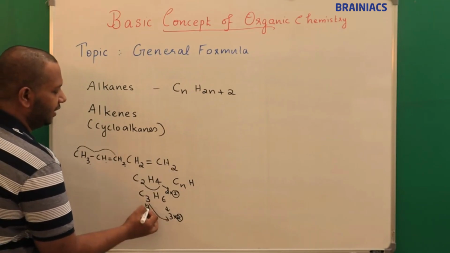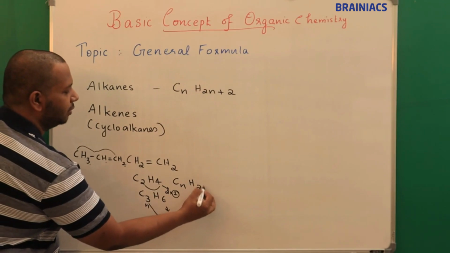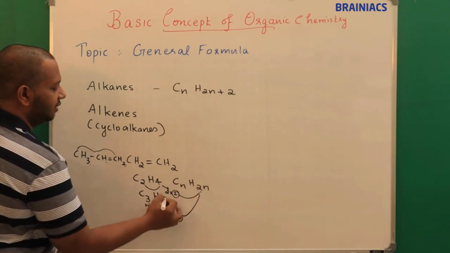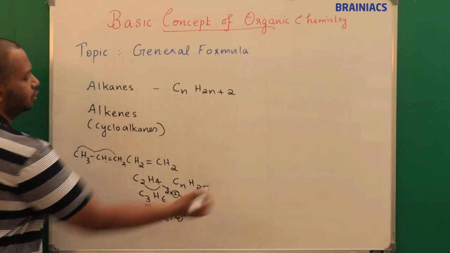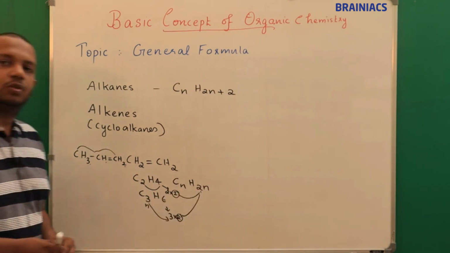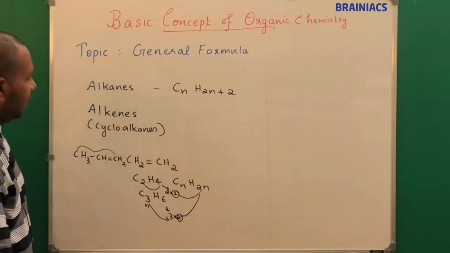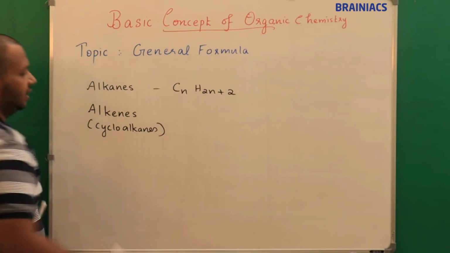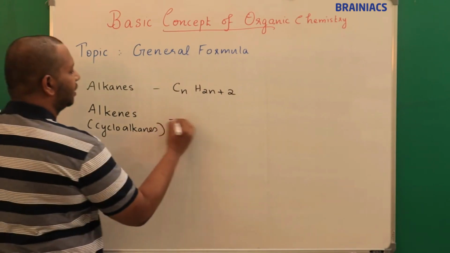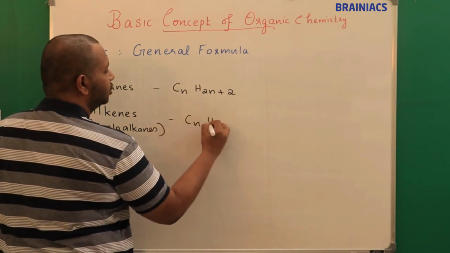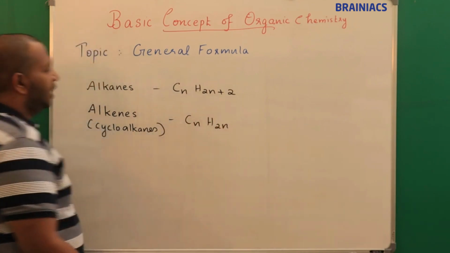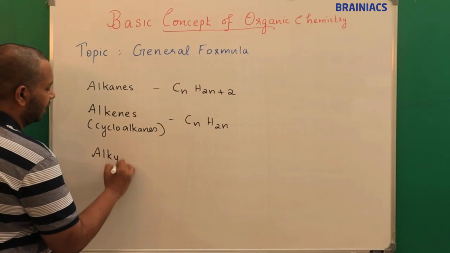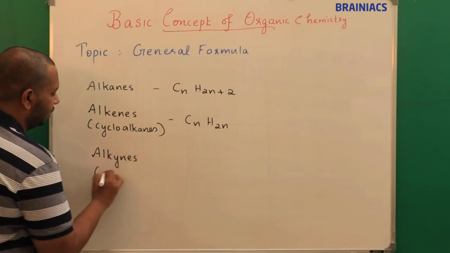So if this is n and this should also be n, then this should be 2 times n, because 2 is fixed and this keeps on changing. CnH2n. Understood? So this is the way we derive the general formula. So I can write that here, CnH2n. And similarly for alkynes,